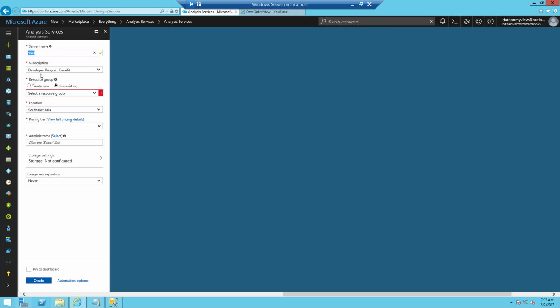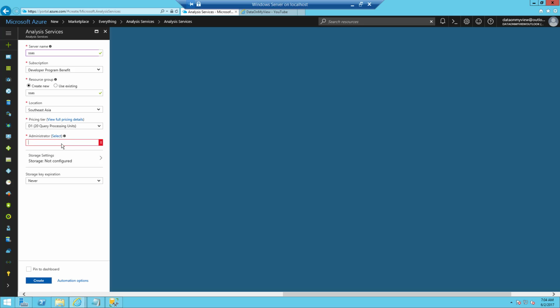Here my subscription is going to be developer program benefit, and I need to create a resource group to hold all my services in a single container. I'll go with the location Southeast Asia, and here are the pricing units available. Based on these pricing packages, they are going to charge us. I'll go with the minimum one, which is 20 query processing units.